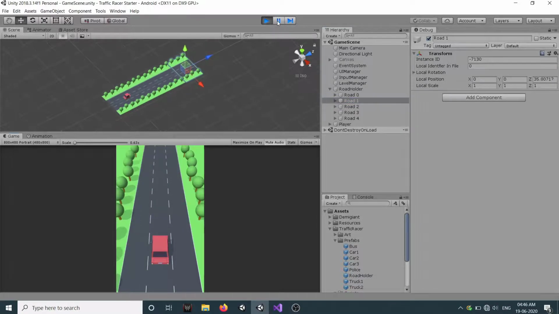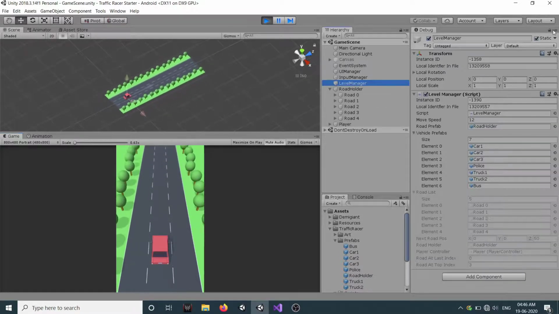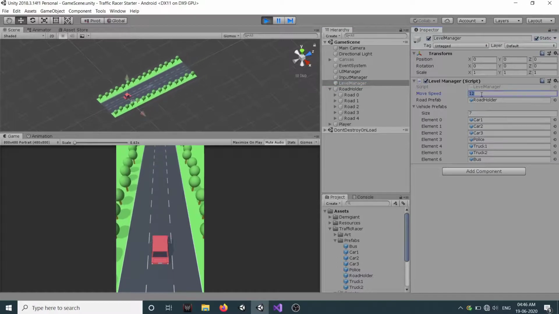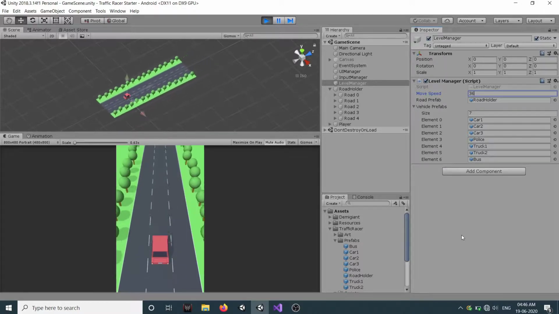So if I unpause this and leave it, this thing will keep on going, and it doesn't matter how much speed I increase. So let's go to normal mode, let's make the speed 36, and it keeps moving. Our roads are shuffling, and you can see it looks like our car is moving in forward direction. We also need to spawn our enemy now. Let's look into that.